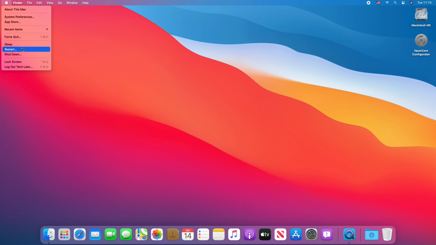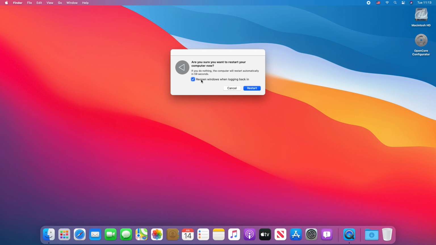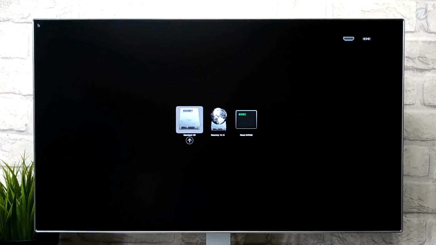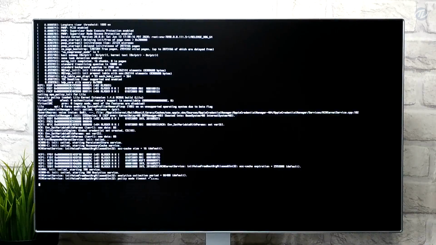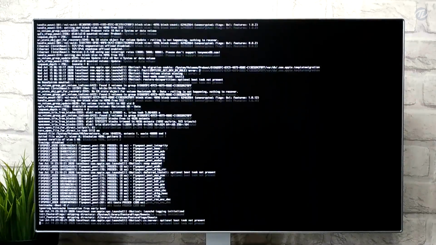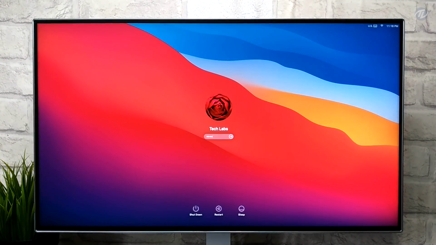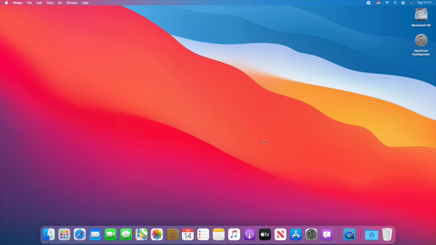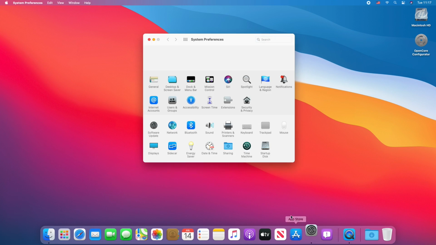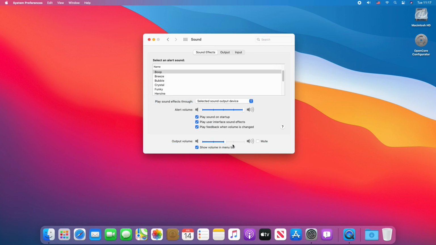Click on Apple logo, click on Restart, and uncheck the box, and click on Restart. Now, let's check our hardware, to check if everything is working or not.